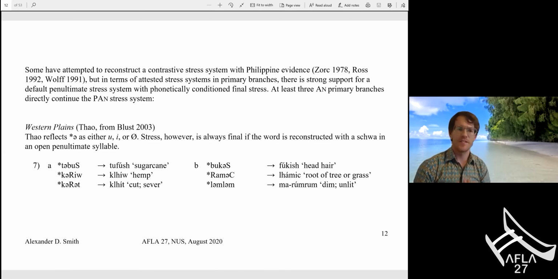And this claim that Proto-Austronesian had a regular stress system is not without its detractors. I've cited some of them here, so I'm just going to try to quickly go over a little bit of the evidence in support of this reconstruction, since it is still a little bit controversial. But in terms of